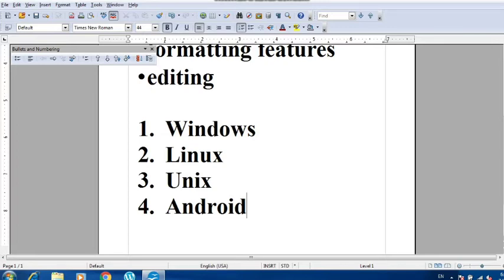So you can see that automatically when I press enter, after 1 the number changes to 2. So this is very helpful for creating any kind of document in OpenOffice Writer. So you must be giving exams also. You can see that in exams, for designing the paper, we use this software only, or MS Word, because it gives us many features to give bullets, numbering, insert a table, many things which are very helpful for creating the question paper by the teachers. So this is how you can create the bulleted and numbered list.